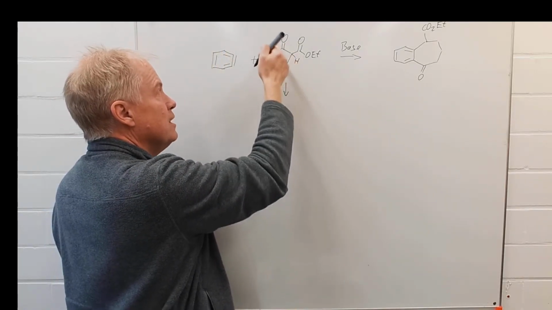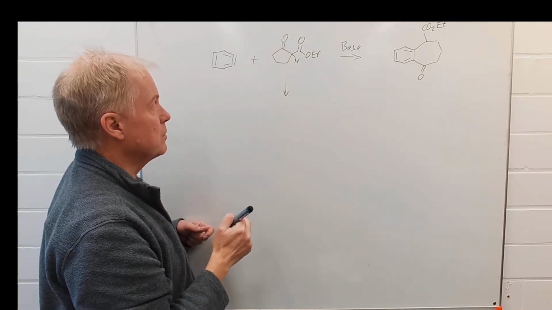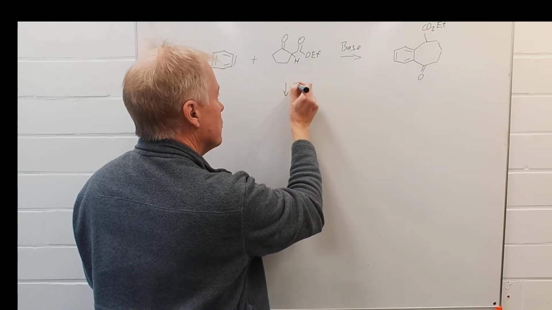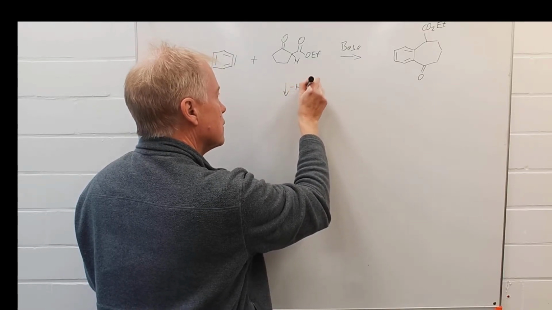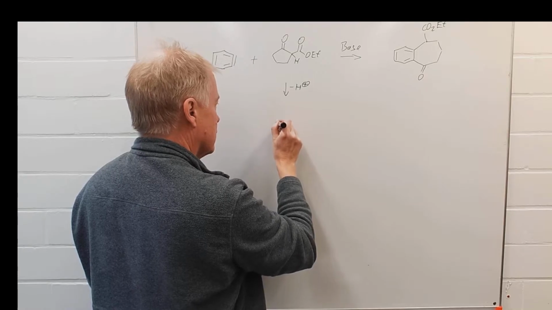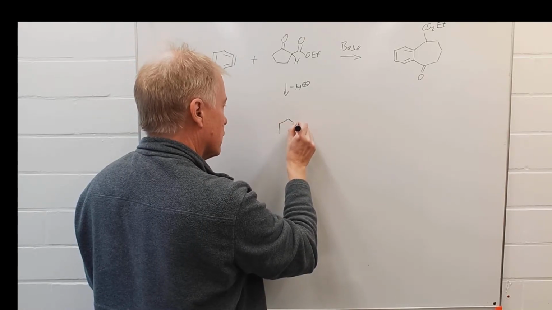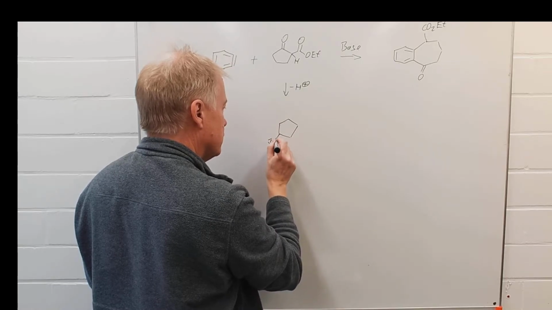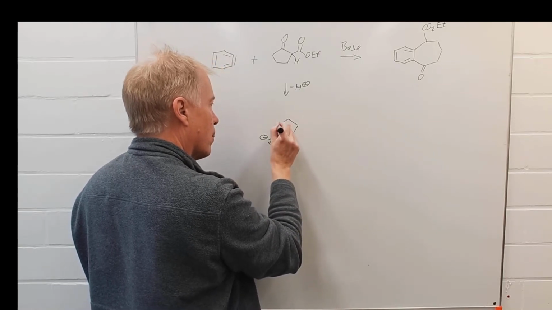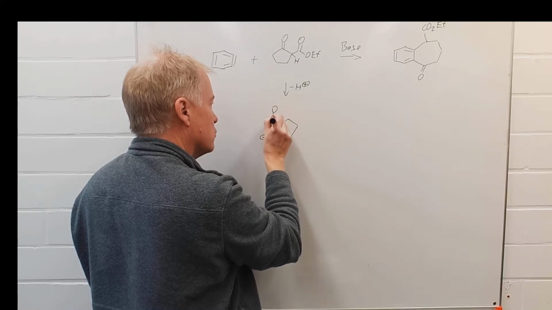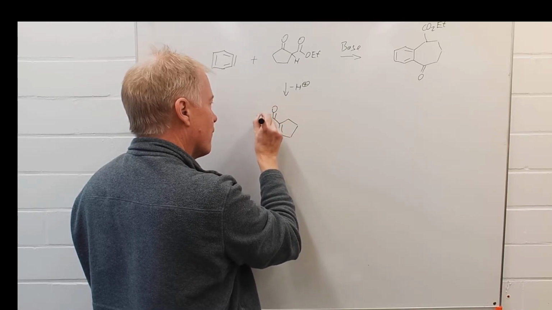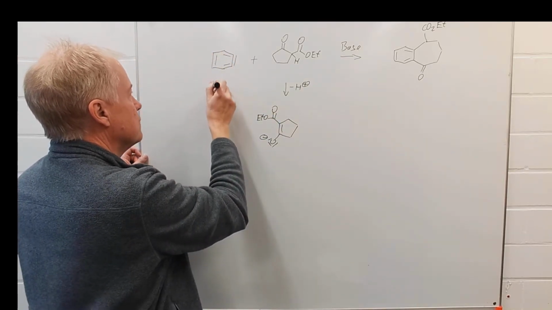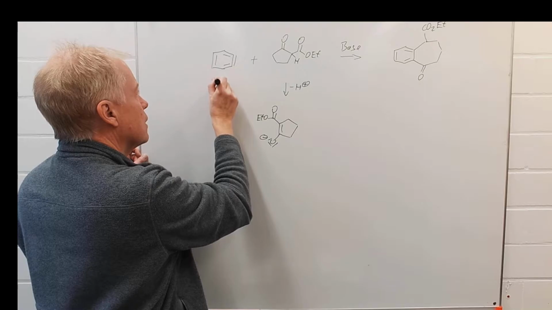The enolate is very well stabilized by conjugation. So minus H plus, and we will get that conjugated enolate, conjugated to the ester. On the other hand, this aryne